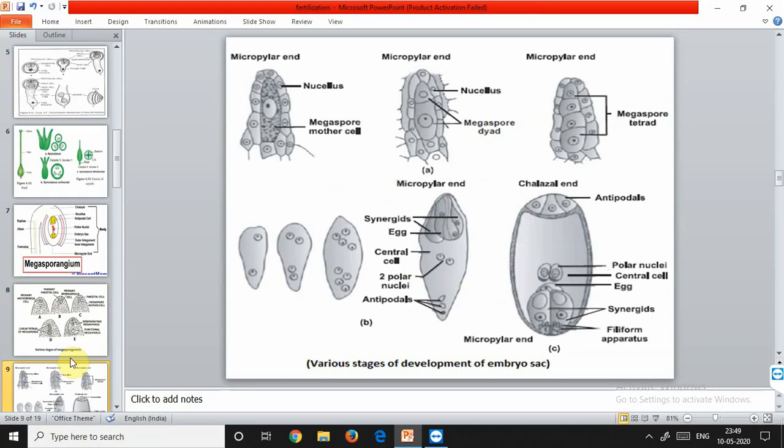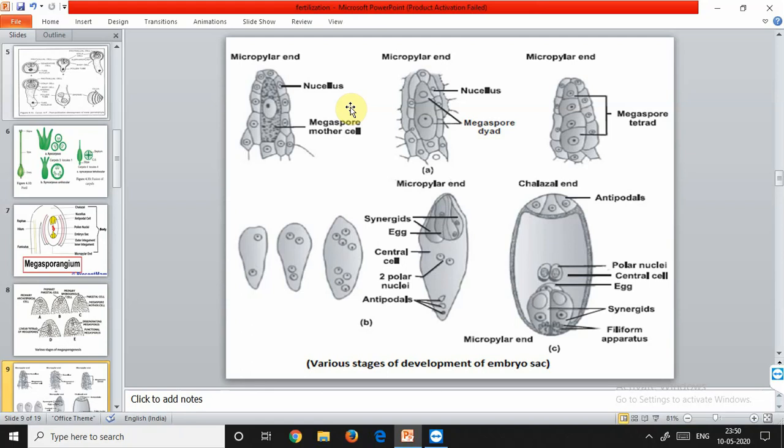There are great variations in the development of the embryo sac, such as monosporic. Some others are bisporic, meaning having 2 spores, and the rest are tetrasporic. The remaining megaspore in the ovule is given sufficient nourishment so that it becomes larger in size. The megaspore now undergoes 3 successive divisions. After 3 successive divisions, it forms 8 nuclei. After every division, 2 nuclei are formed, and that's why it gives rise to a final 8 nuclei, and all these nuclei are haploid. One thing to keep in mind is that after every meiosis, the cell that is formed will always be haploid.